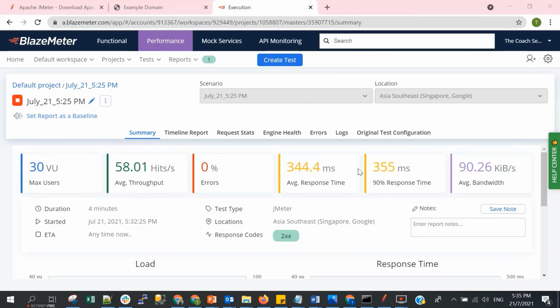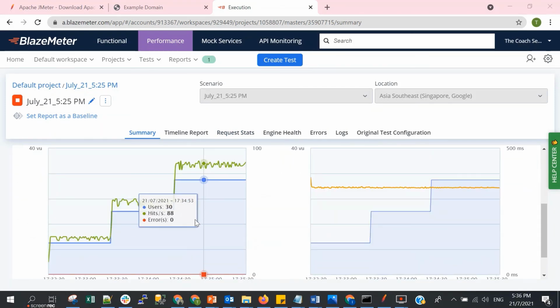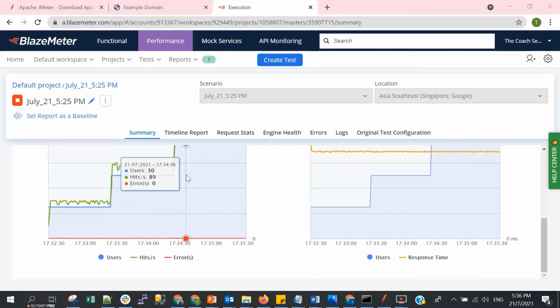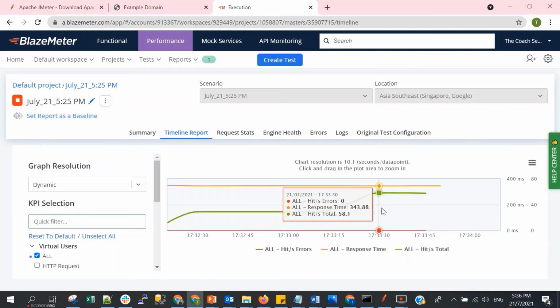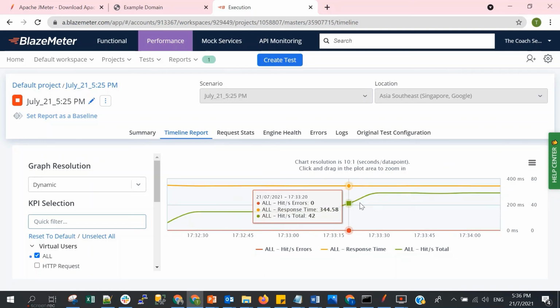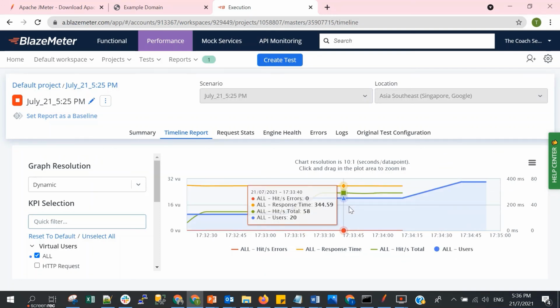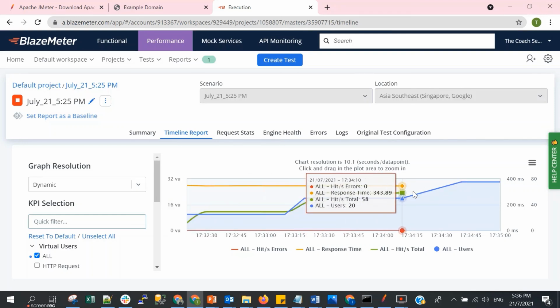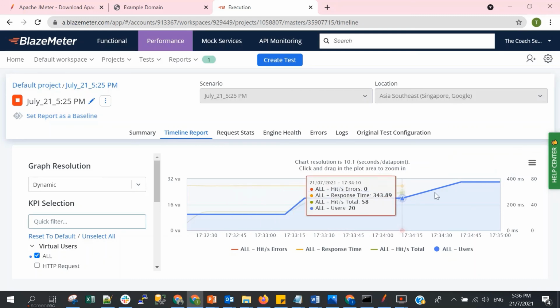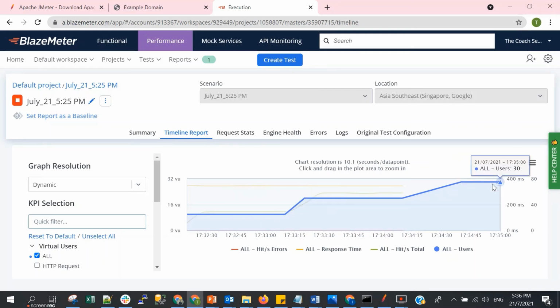A few moments later. After the test is completed, you can see these details. You can see also the graph here. And you can go to the timeline report. Also you can find another graph here, and to see the response time, you can see the stairs also according to our ramp-up, because we had the ramp-up of 3 steps earlier.